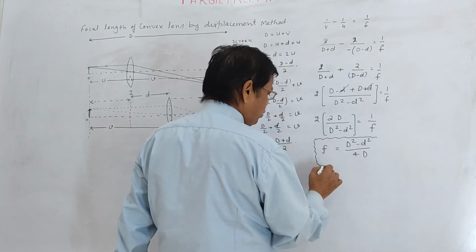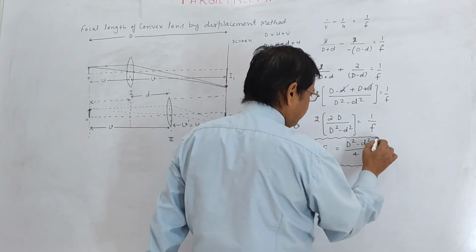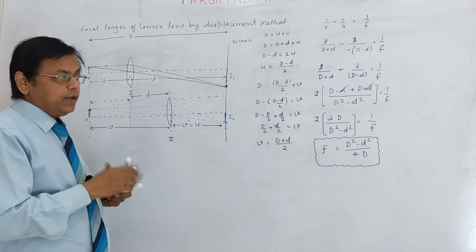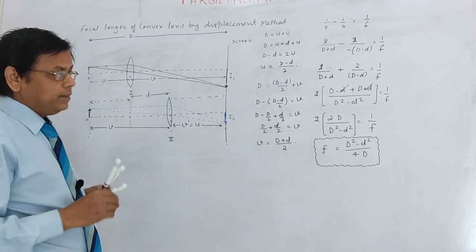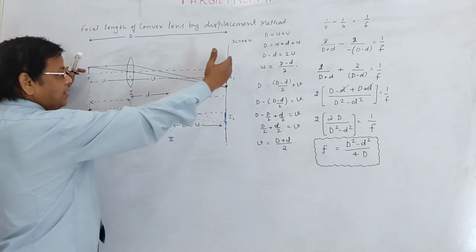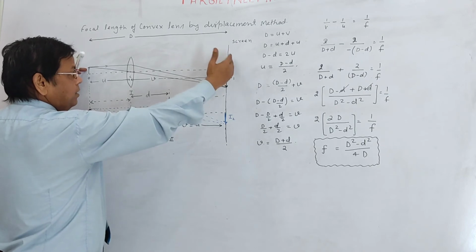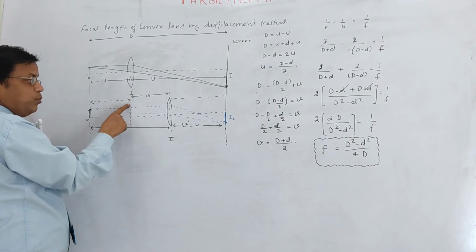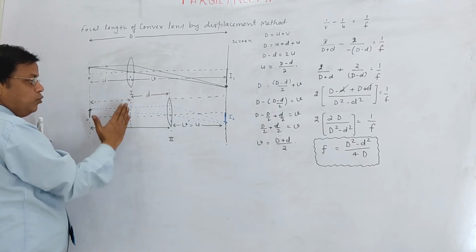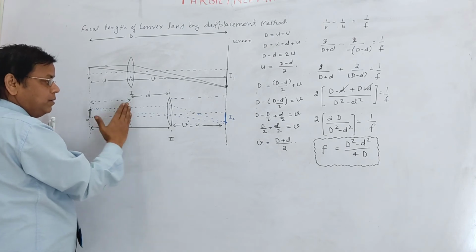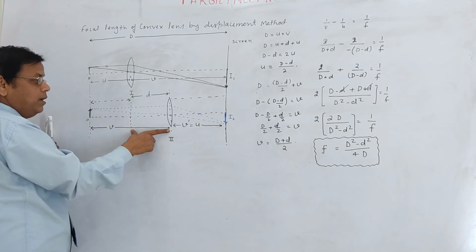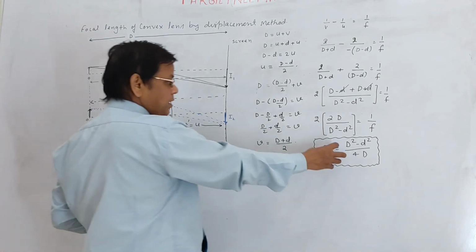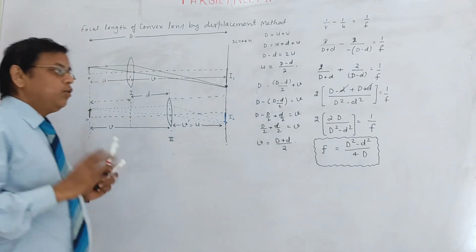So this is the formula for focal length. Now here you have to put only numerical values because sign I have considered already. So capital D square minus small d square upon 4 capital D is the focal length. Capital D is the distance between object and image, that is the screen. This we can measure by scale. And small d is the distance between the first position of the lens and the second position of the lens. So how much distance I have displaced, this we can measure by using a scale. So small d and capital D we can measure by doing the practical, and then we can use this formula to find the focal length of a convex lens.